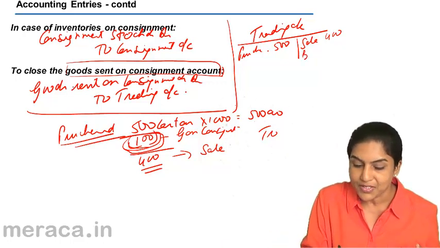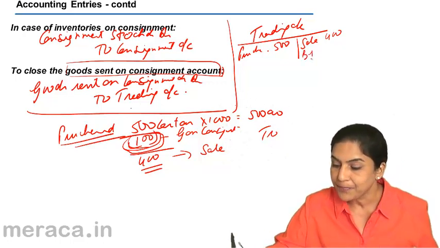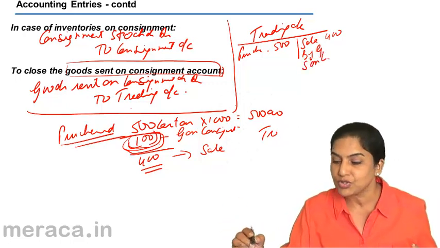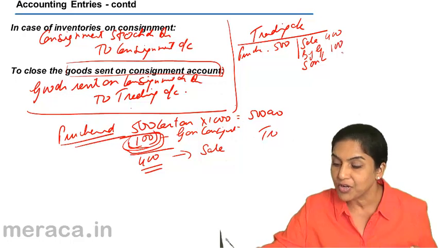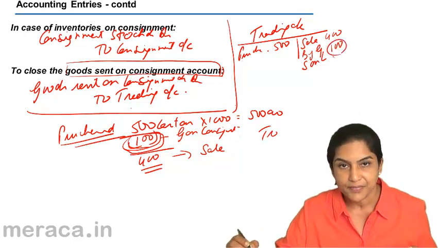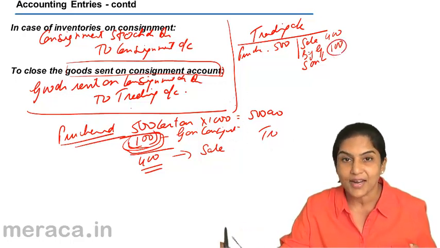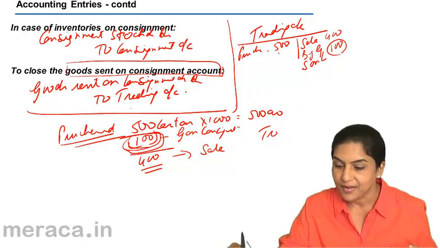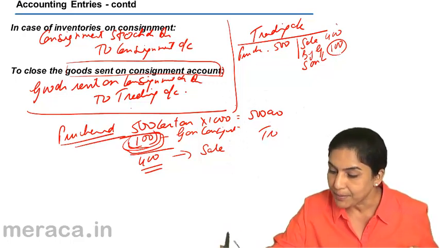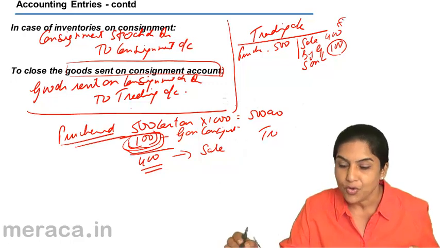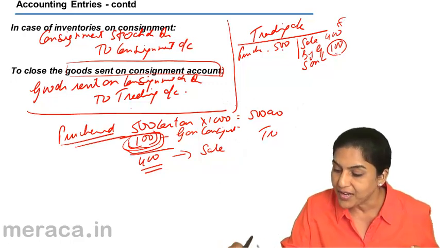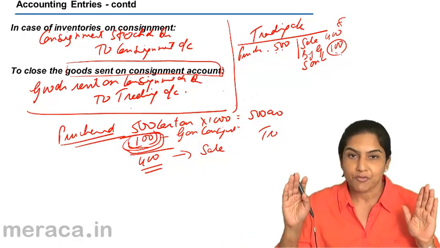By, you remember this? We are crediting this. So by goods sent on consignment. By goods sent on consignment, we account for this 100 cartons. I have not done this in rupees, only in cartons. 100 here. So now you are actually comparing the sale of 400 with purchase of 500 minus this 100. Therefore, correctly,